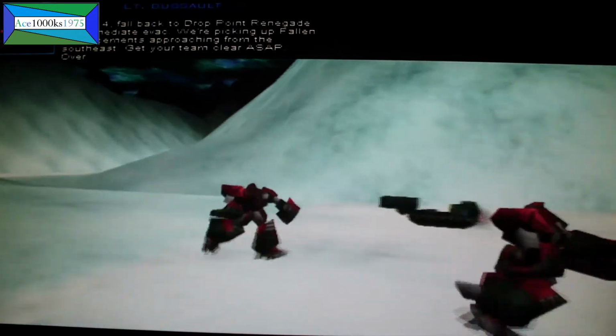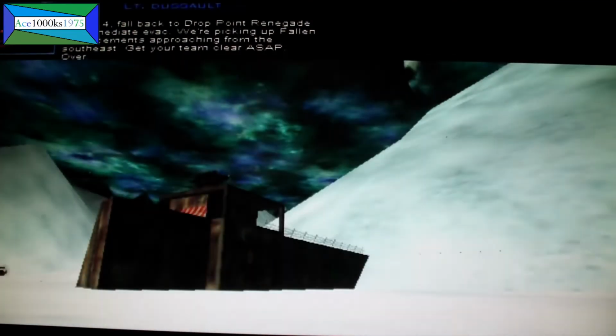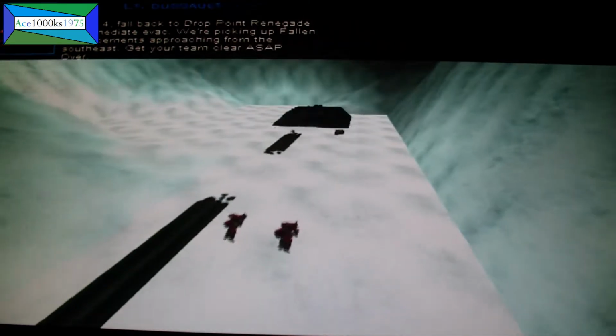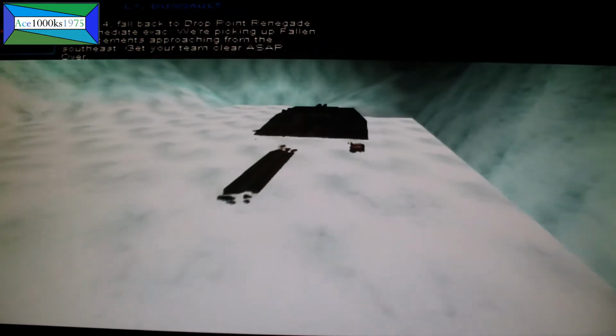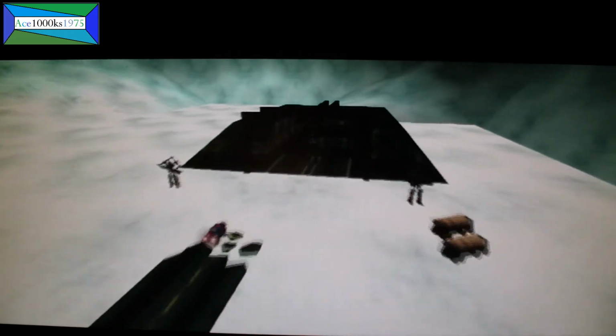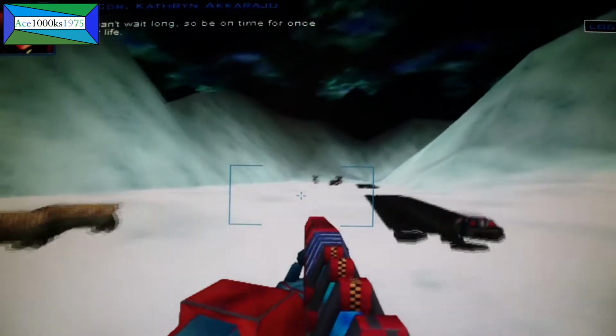Recon 4, fall back to drop point Renegade for immediate evac. We're picking up fallen reinforcements approaching from the southeast. Get your team clear ASAP. Alright, let's move. The whole area is going to be slag in about 2 minutes. I can't wait long, so